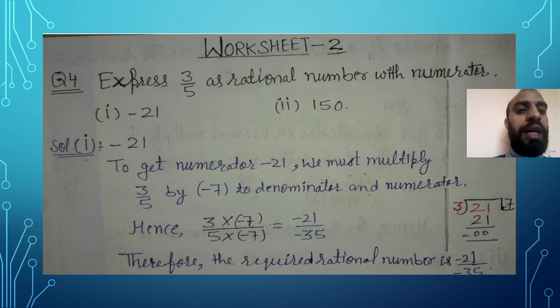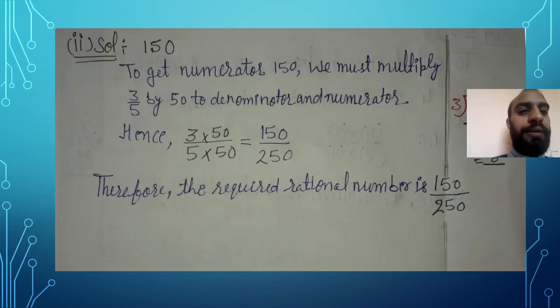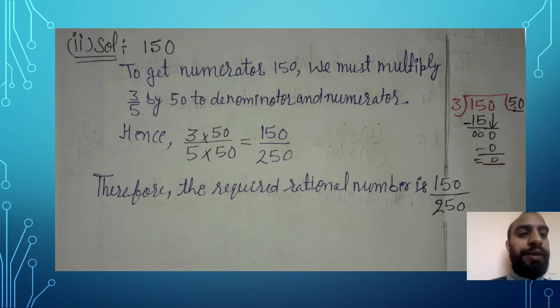So to make this question more clear, let's take the second example. Here we have the second example, that is we need numerator 150. As you have seen in the question, the numerator is 3. The same way you can do division. This time 150 is also positive. So let's see how to divide. You can see in the rough area I did the division. 3 fives are 15, cancel out, 0 left, take it down, then 3 zeros are 0. That means 50 is your answer after division.